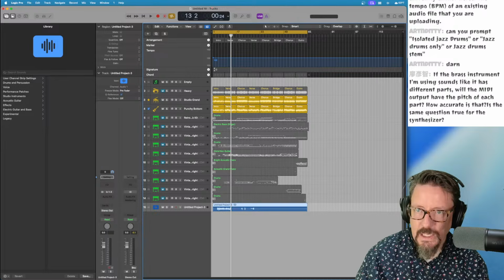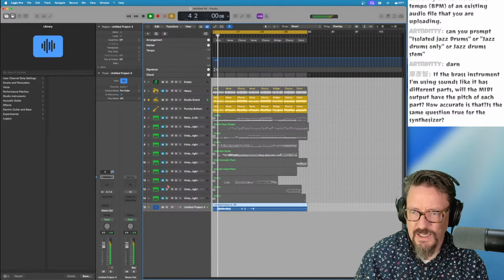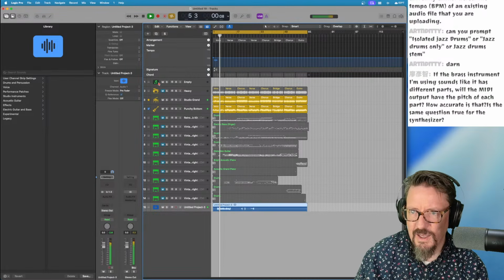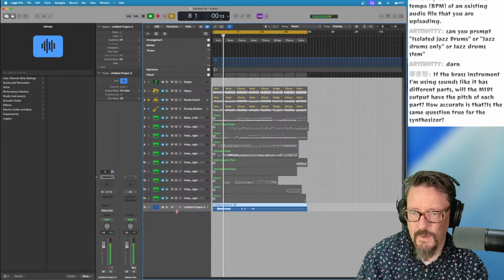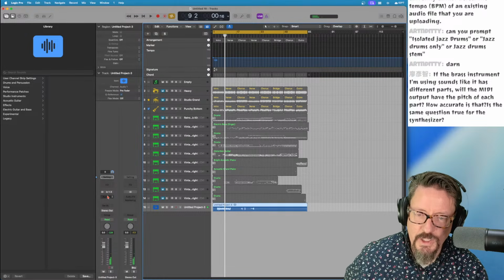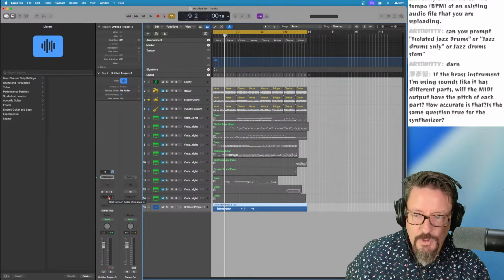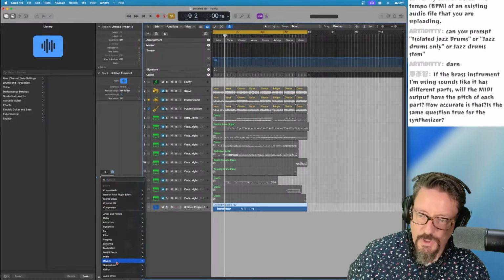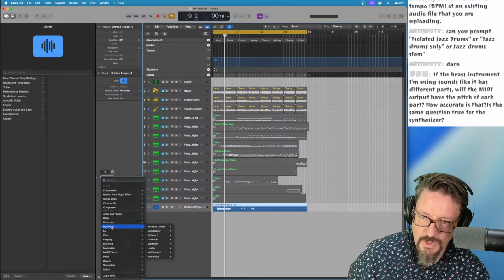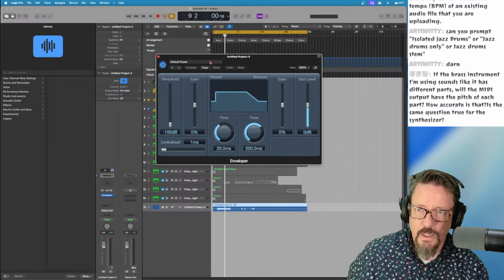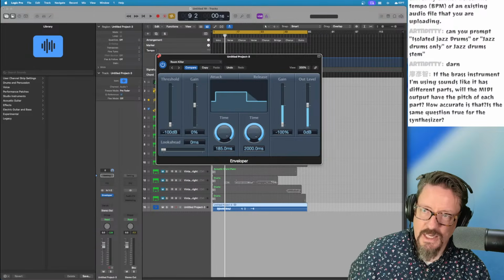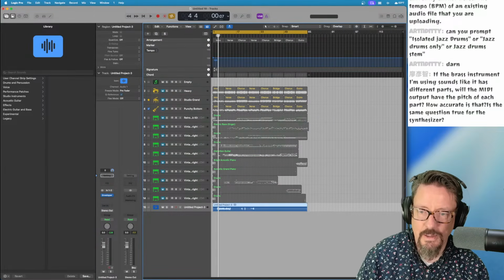But with this, I think what we need is a really good iZotope-style reverb remover. In Logic, we don't have a good one that's built in, but we do have the Enveloper, which has a room killer preset on it. So then I could get like the